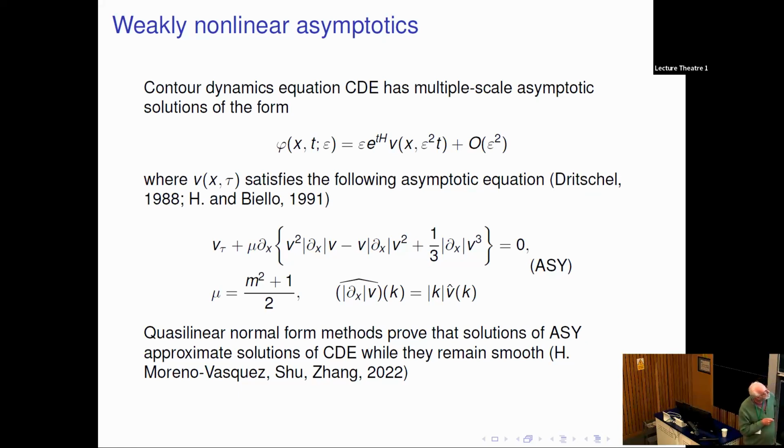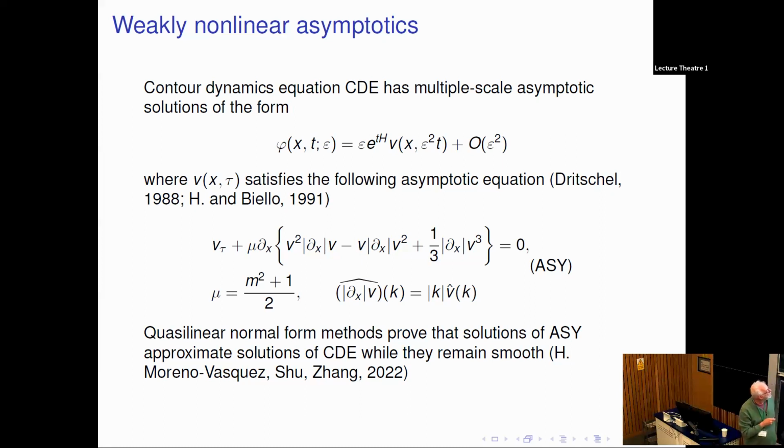And I should say, not in this form, Dritschel derived some equations related to this. I believe they're equivalent, although I could never quite correlate his notation with my notation. But he derived them by taking the circular vortex patch, writing down equations for weakly nonlinear disturbances of a circular vortex patch, and then sending the vortex patch to a plane. That was how he derived it. It has a small restriction that the vorticity is always going to be 0 on one side of the discontinuity, since he was starting from a vortex patch.